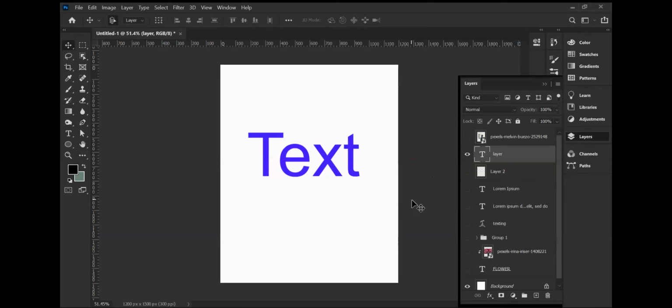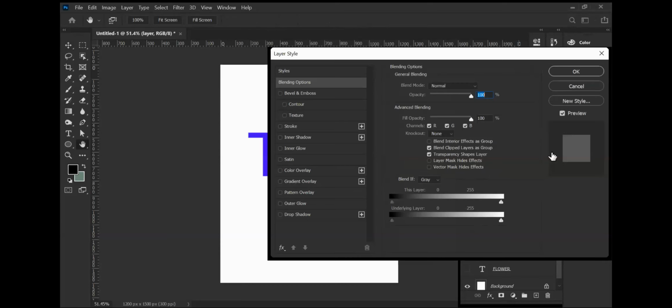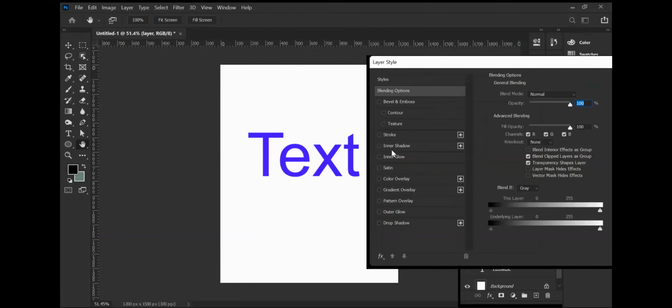All right, so that is that on the double clicking. Now we double click here and we go to our blending options. So now that we're at the blending options, we have talked about drop shadow. Then for